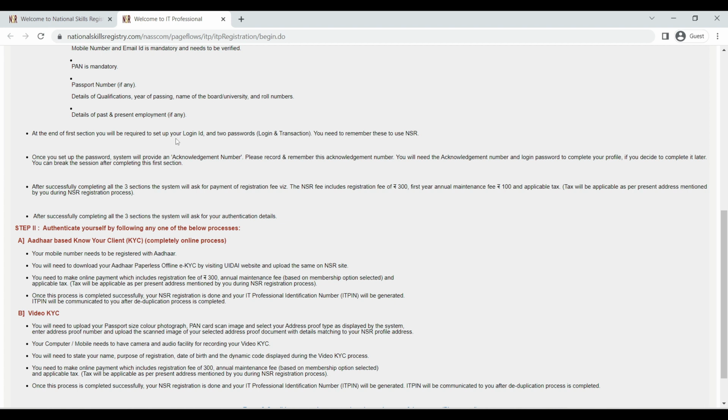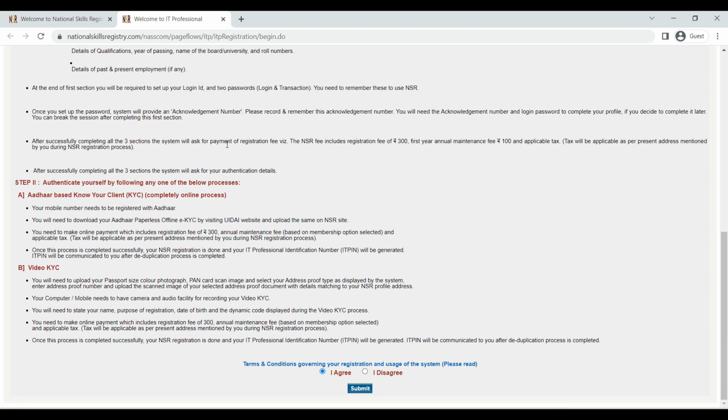And the next one is after successfully completing all these sections, there will be a payment of a registration fee. That includes 300 rupees and the first year annual maintenance 100 rupees and the applicable tax. And after this we have to do the authentication process. So either it can be through the Aadhaar. For that your mobile number must be registered with the Aadhaar, and we have to download an Aadhaar print from